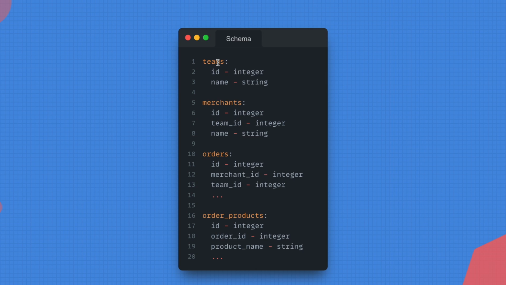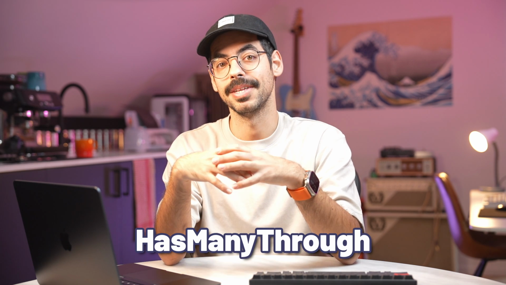We had a teams table, we had a merchants table, we had an orders table, and we had an order products table. Merchants were linked to the team through the team ID. Orders were linked to the merchant and to the team through the merchant ID and through the team ID, and our order products were linked to the order through the order ID. In an effort not to repeat myself, I didn't include the merchant identifier nor the team identifier on the order products table, because I figured I could access the order products on the merchant through the orders using a has-many-through